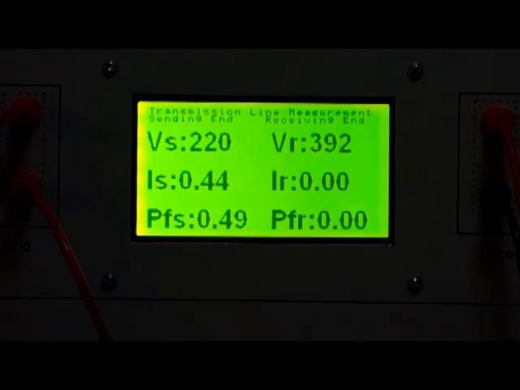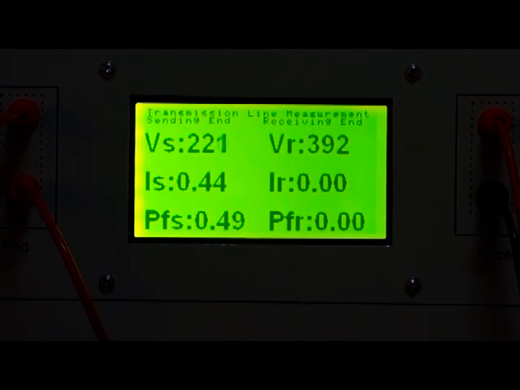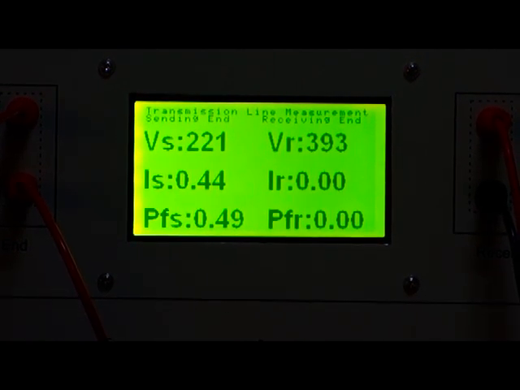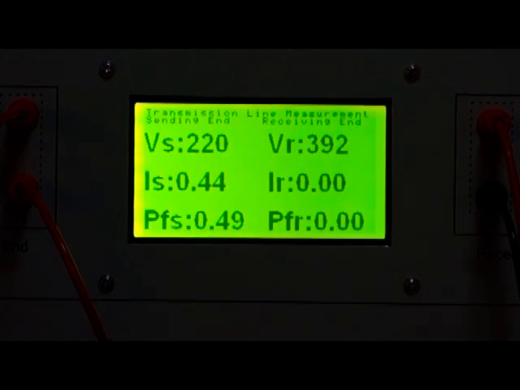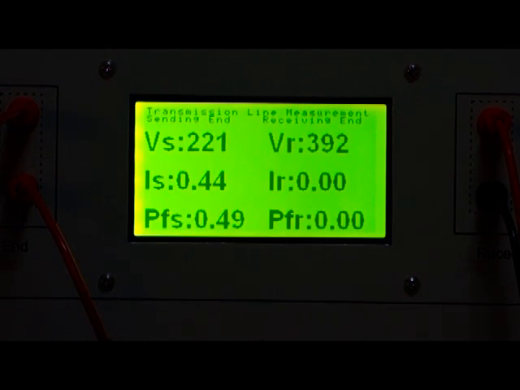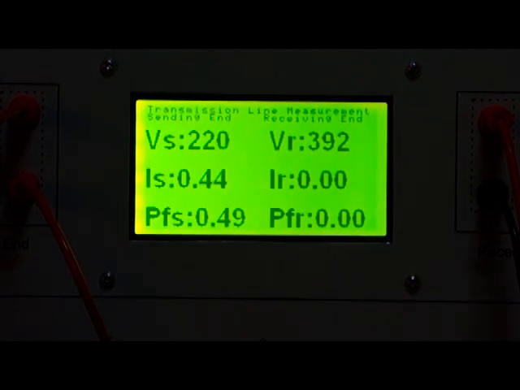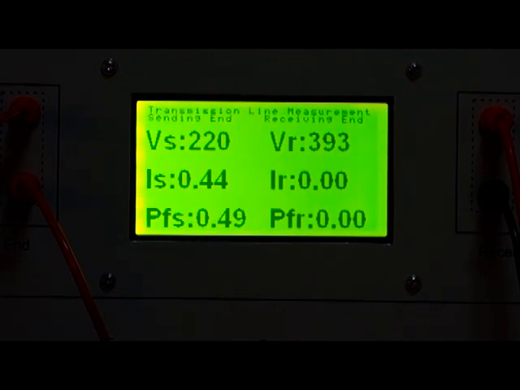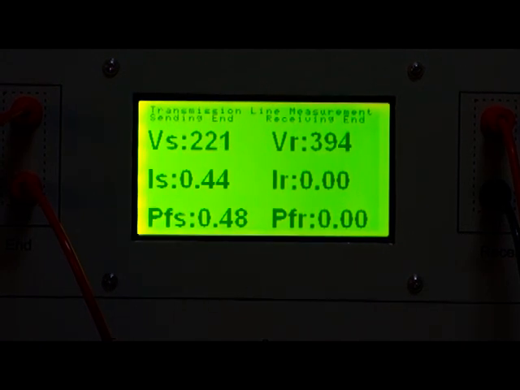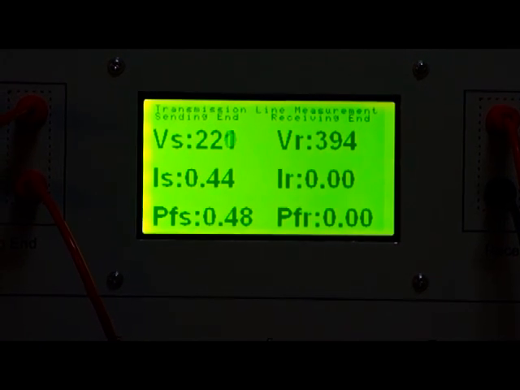And measure the output voltage of long transmission line when output terminal is open circuited. You will observe that the output voltage at receiving end is more than sending end voltage. This is known as Ferranti effect.